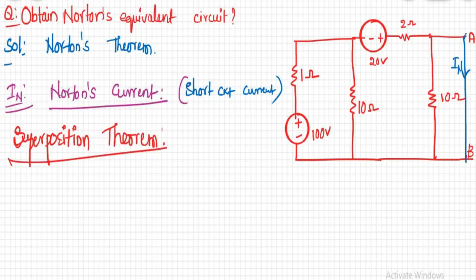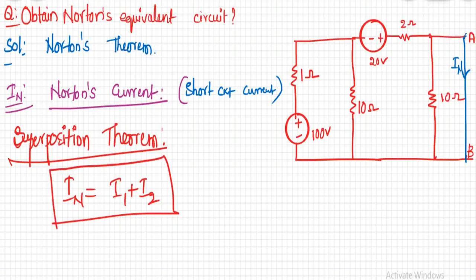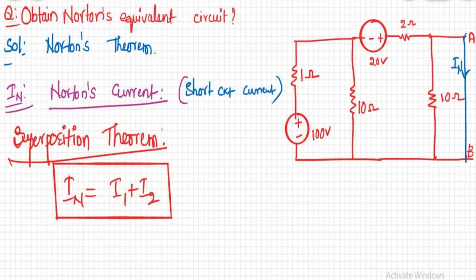We need to find IN here, which is due to two independent sources. So we are going to find the responses due to individual sources, and we are going to find our IN at the end. This is how you are going to use your beautiful theorems to solve the network. Here I am going to apply the superposition theorem first to find Norton's current, then we can replace it with Norton's equivalent resistance. For that I am going to take this circuit. Let us solve for different sources. Here we have two sources. I am applying the superposition theorem. We have two independent sources.